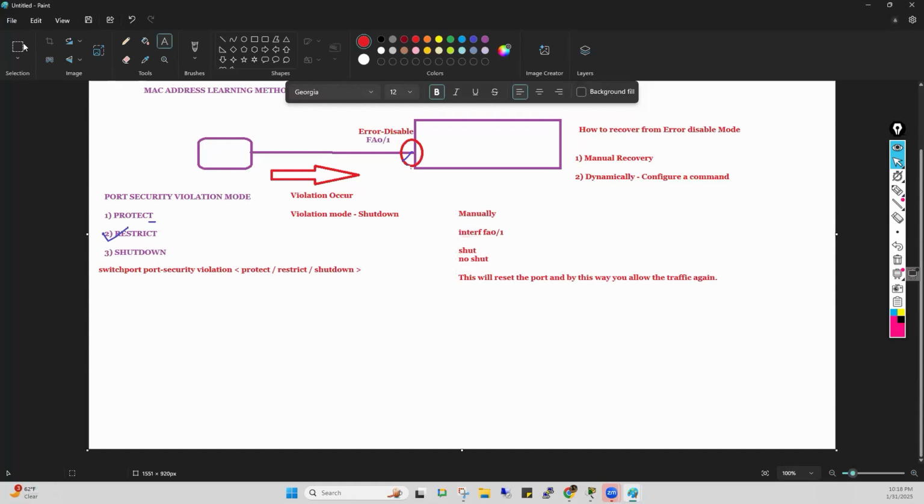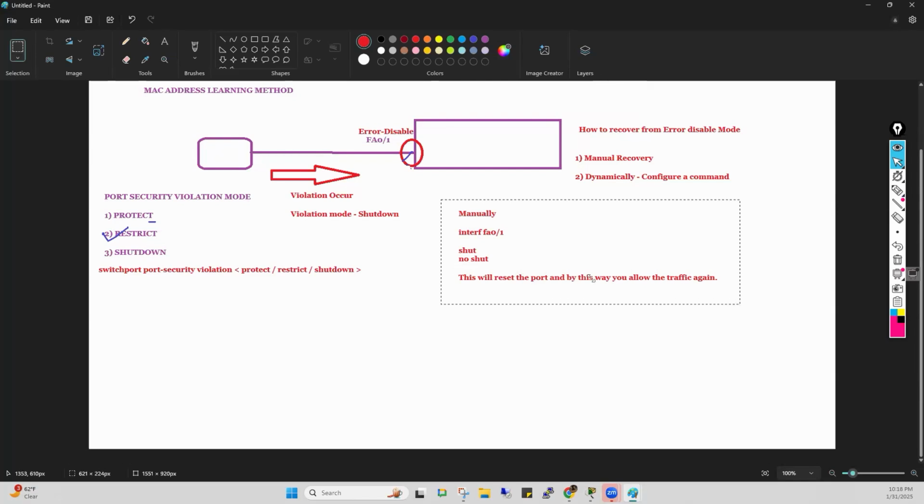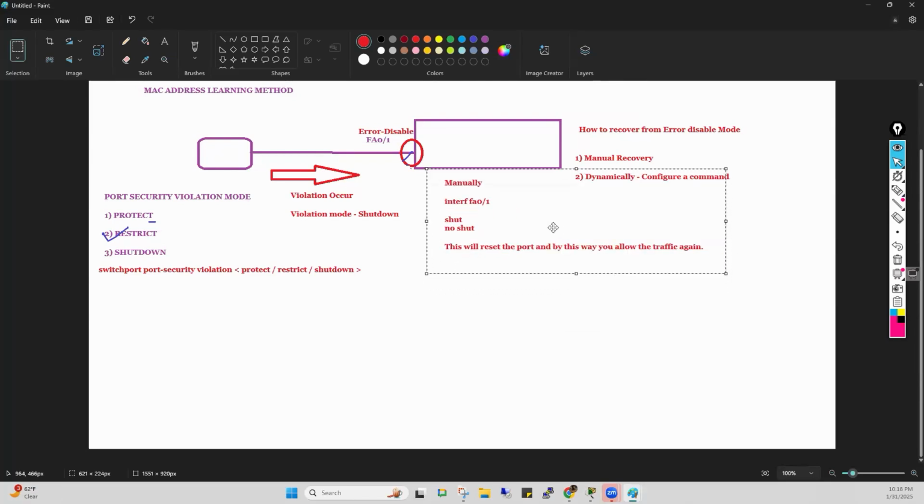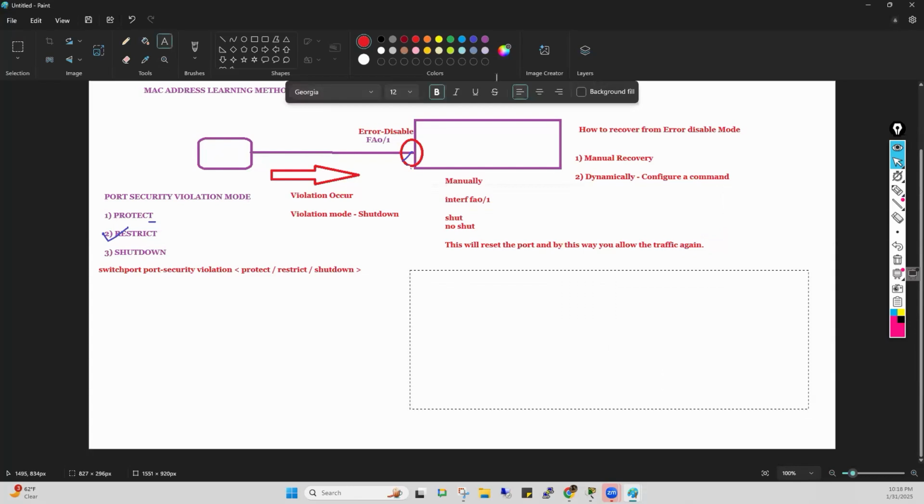So guys, this is called the manual method. Manually go to the port, write shut, no shut, and this way you are allowing the traffic again. This is the manual way. Clear? But if I want to recover automatically,